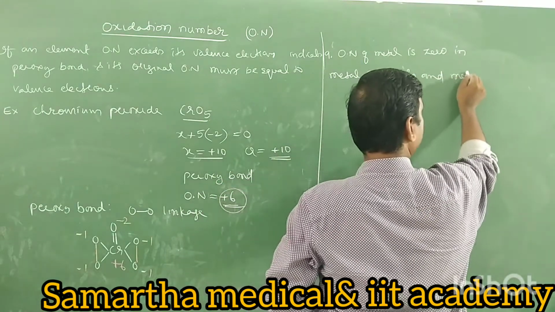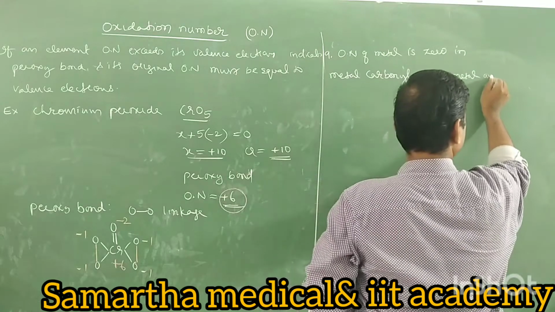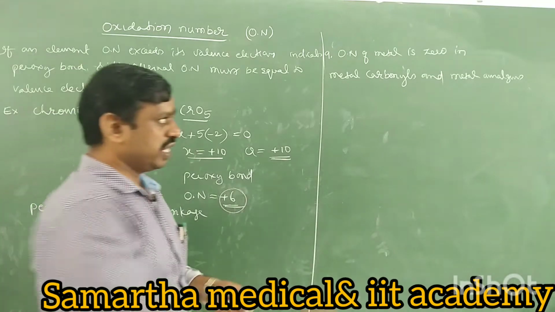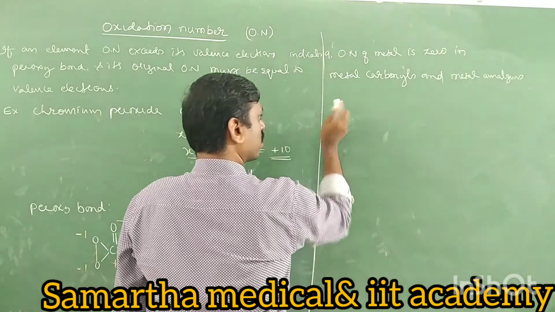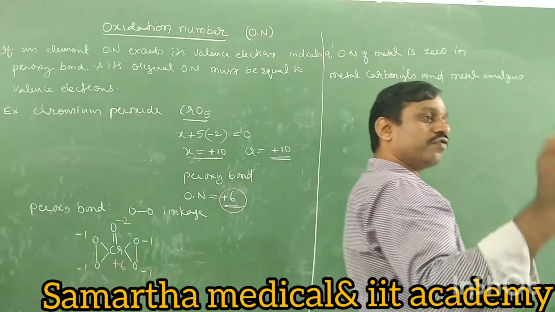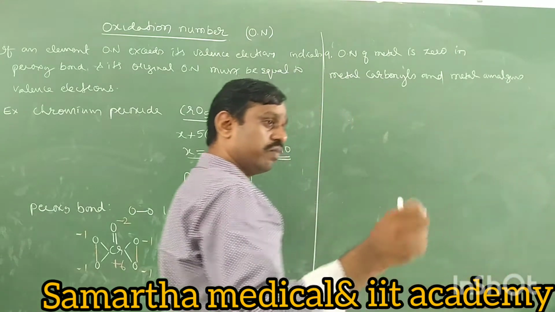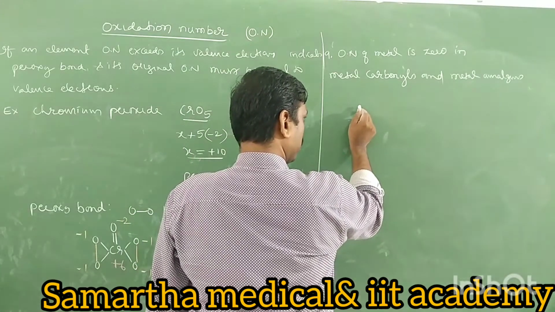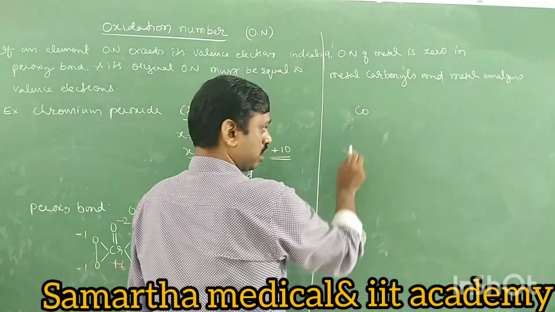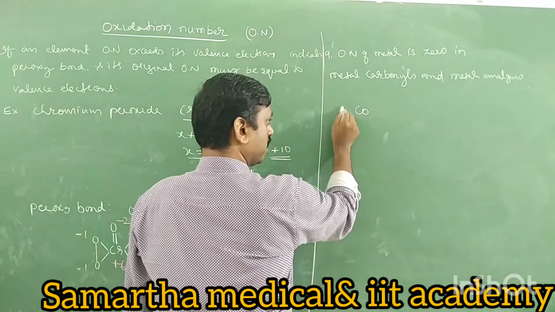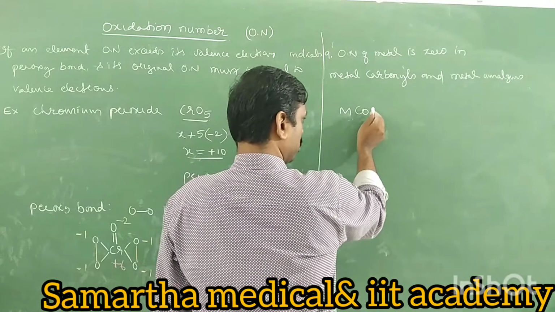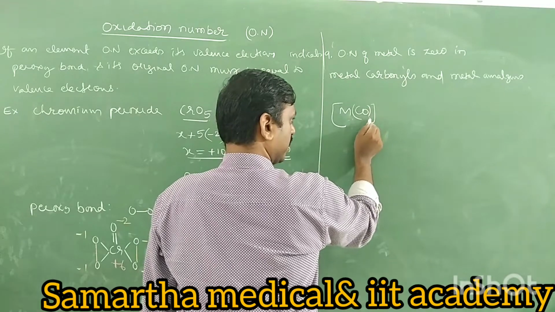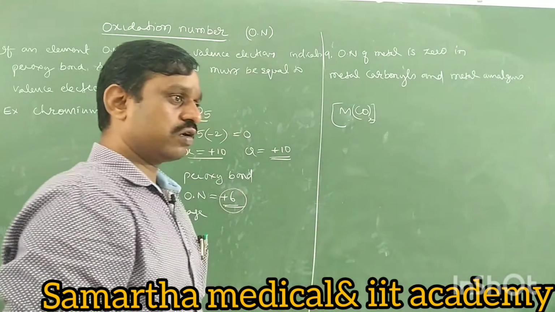metal amalgams. Means Hg. Yes. Let's see. Do you know what metal carbonyls are? It is a kind of complex compound, a complex of metal with carbon monoxide, right? A metal carbonyl is a complex compound where carbon monoxide is a ligand and the metal is M. So the complex compound formed between metal and carbon monoxide, such compounds are called metal carbonyls.